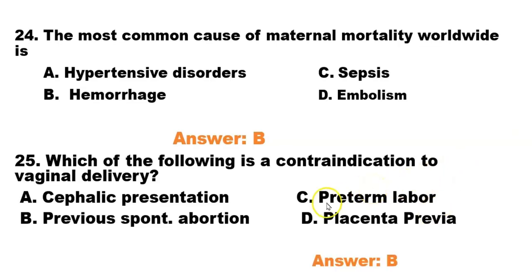If you said D, you have got it, because in placenta previa, the placenta obstructs the cervical opening. This makes vaginal delivery hazardous due to risks of severe hemorrhage. The next question: